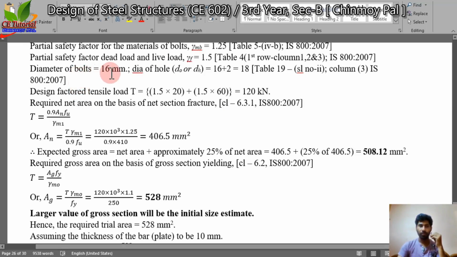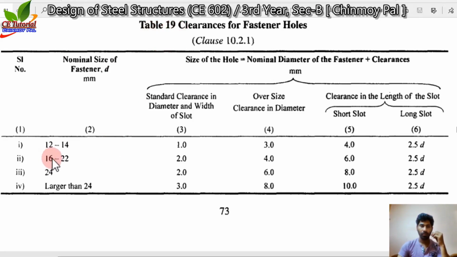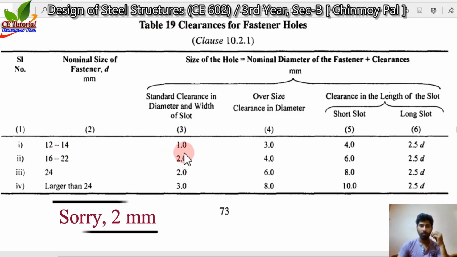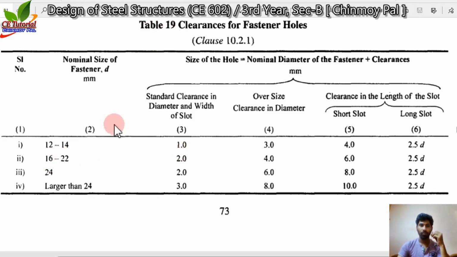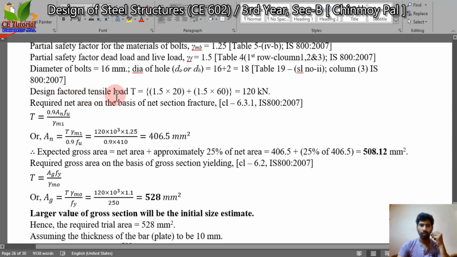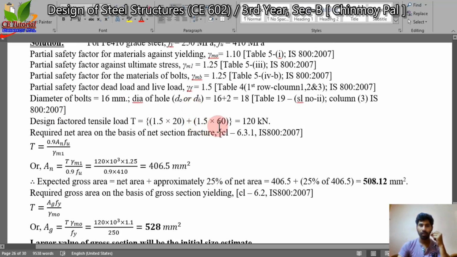Diameter of bolt is equal to 16 mm. So diameter of hole is equal to 16 plus 2 is equal to 18 mm. You can see table 19 of IS 800. This is table 19, and from 16 to 22 we have to add 3 mm to calculate dia of hole. So design factor load is equal to 1.5 multiplied by dead load plus 1.5 multiplied by live load, total 120